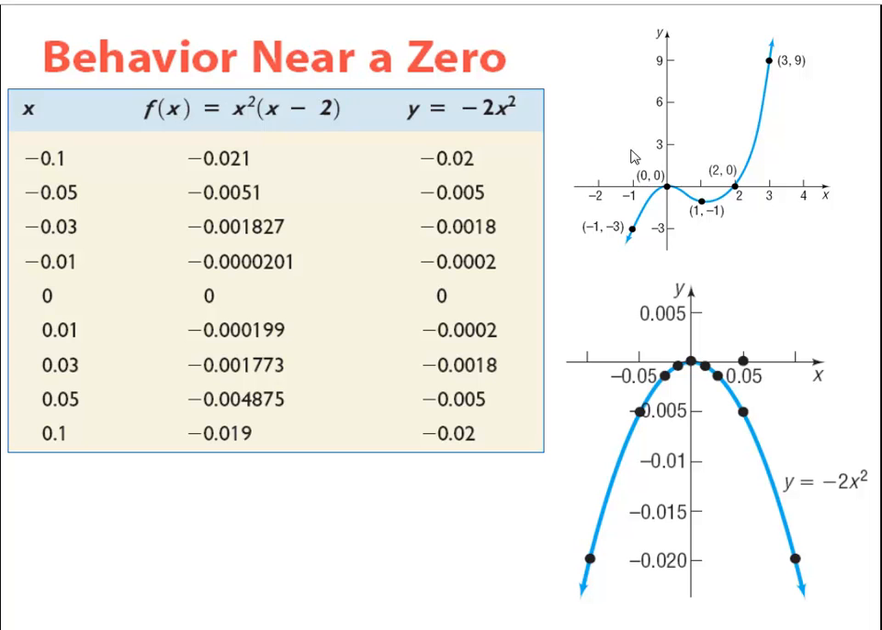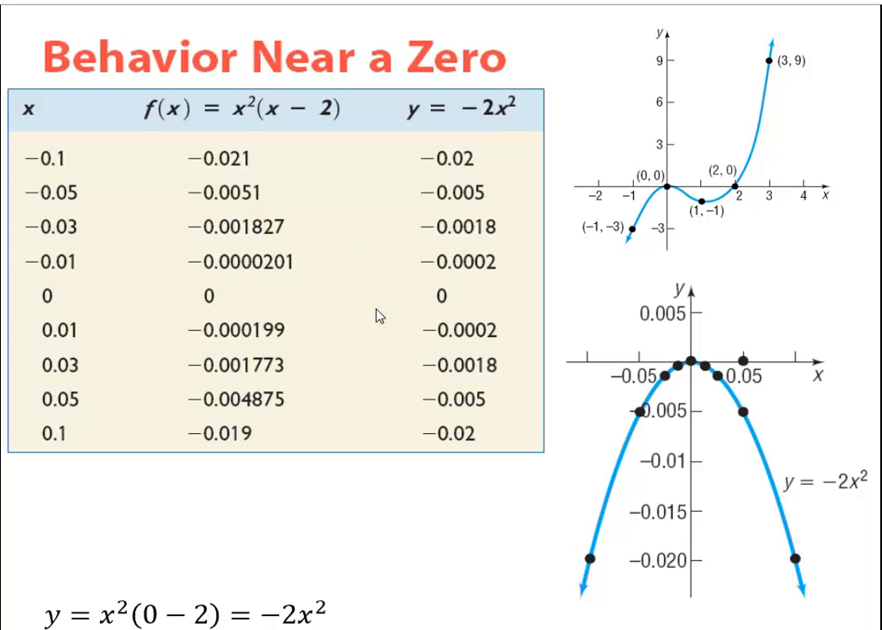If I look at this equation here, I notice x equals 0 is an x-intercept. If I plug x equals 0 into here, I get 0 times -2, and I get a y value of 0. So here's the trick: I don't plug 0 into this factor, but I plug 0 into this factor. If I plug 0 into here, I get -2 times x squared,